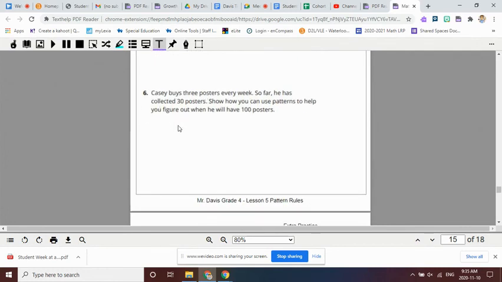That's okay. And here's the last question we'll talk about. It says Casey buys 3 posters every week. So far, he has collected 30 posters. Show how you can use patterns to help figure out when he will have 100 posters. Okay, so your work goes down here, and you're going to want to figure out, so every week, and how many posters does he have? After 1 week, he has 3 posters. Every week, he gets 3 more posters. So how long will it take him to get to 100 posters? And no, it doesn't say exactly 100. It says how long until he gets to that 100 number. All right. So I'm just going to